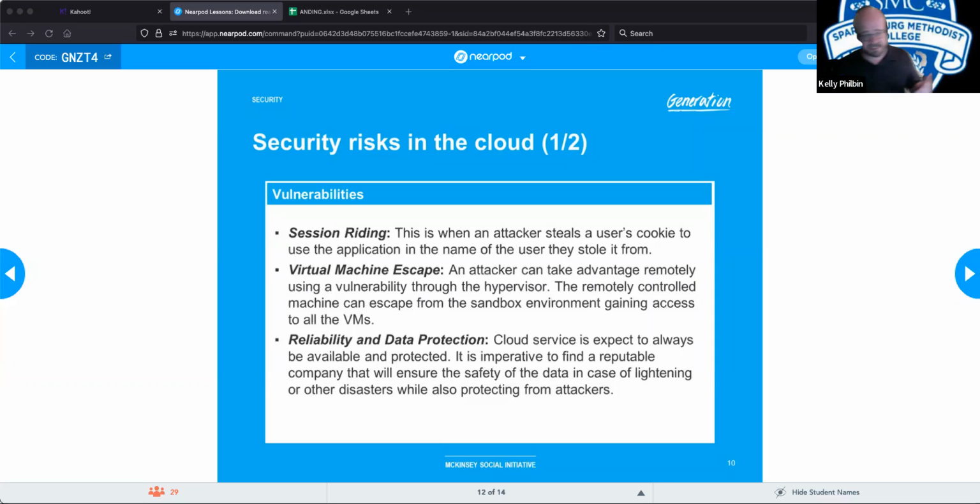There are redundancies built in to protect your business in case something happens to their equipment. What happens if a server there gets fried? Do they maintain backups of your data as a just in case, even though you should have it yourself? If they have it on site, it allows for the servers to be cycled up much faster. So you always want to make sure about reliability and data protection.